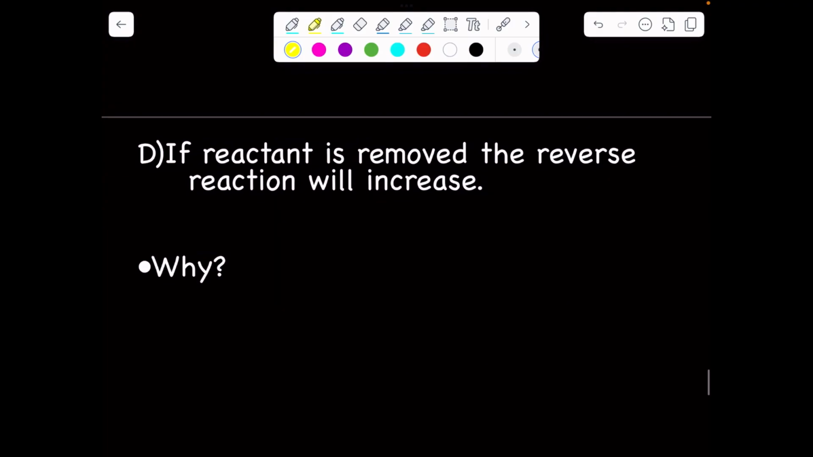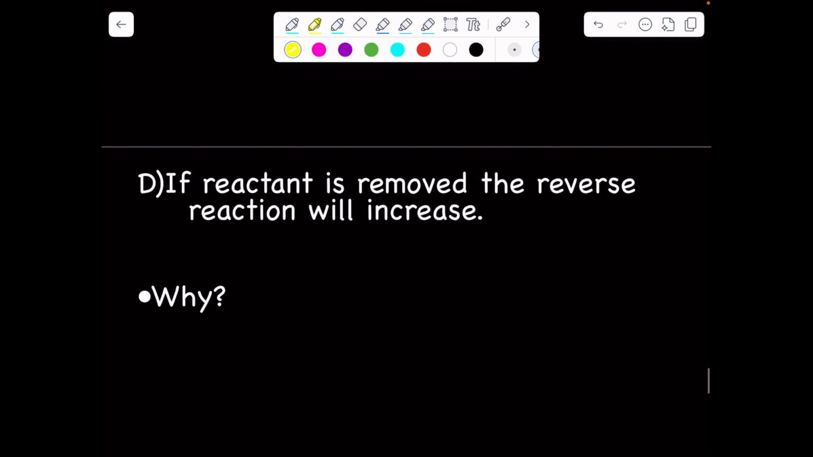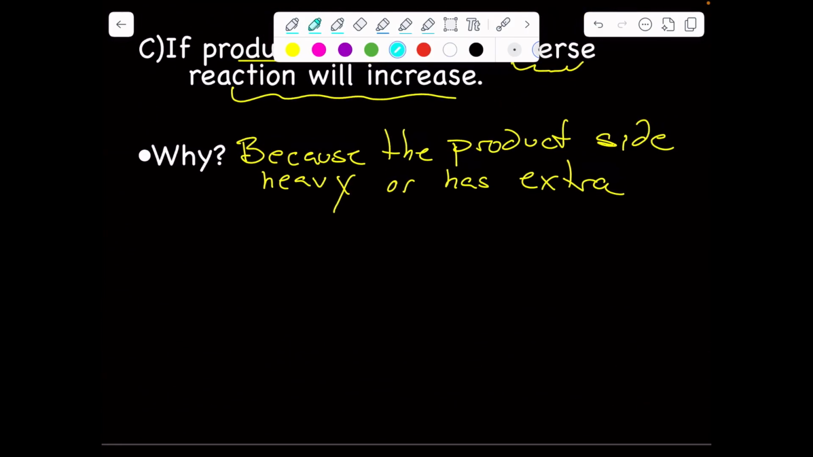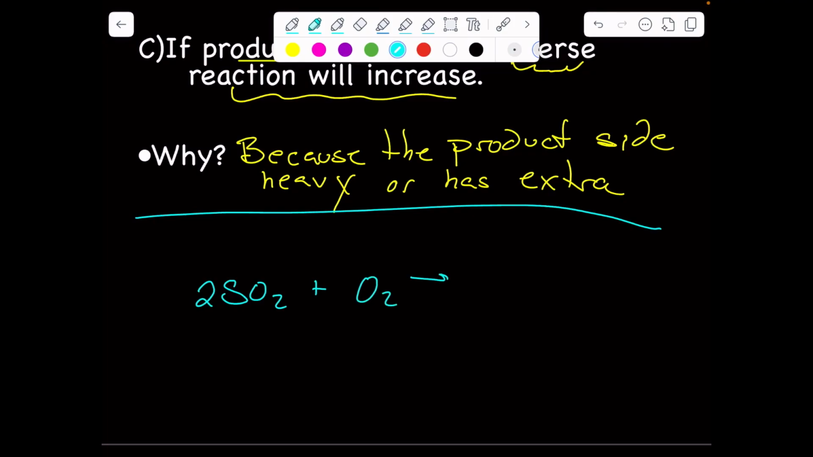So now let's talk about removing stuff. I guess before I give you the answer, that wasn't the smartest. Let's put our reaction back. Let's see, it was 2SO2 plus O2 produces 2SO3. All right. So now, if I remove some of this,